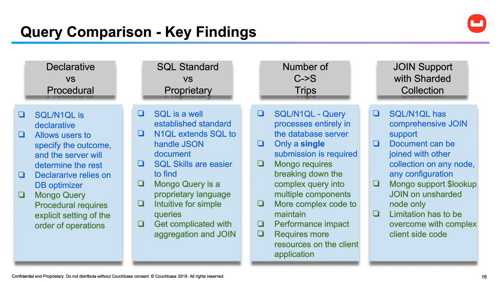And with SQL and likewise with Couchbase, there's no issue around join. Couchbase supports a comprehensive join: anti-join, left join, right join, and all of that is the SQL standard. And it doesn't matter whether you join the documents from one node to another. But that's not true with Mongo. Mongo supports lookup, which is like a left outer join, but that's only on an unsharded node only. So this limitation can be fairly difficult to overcome